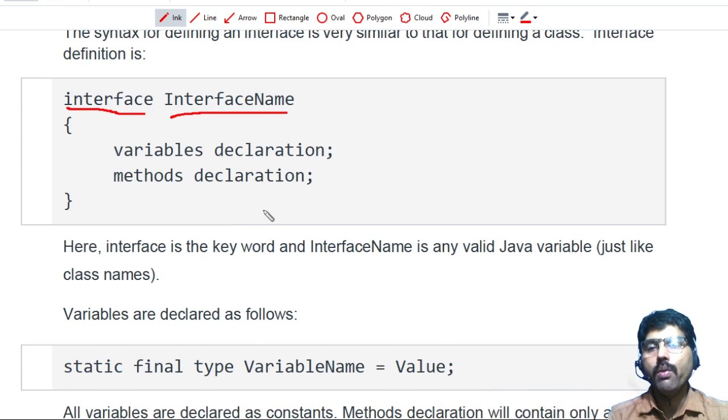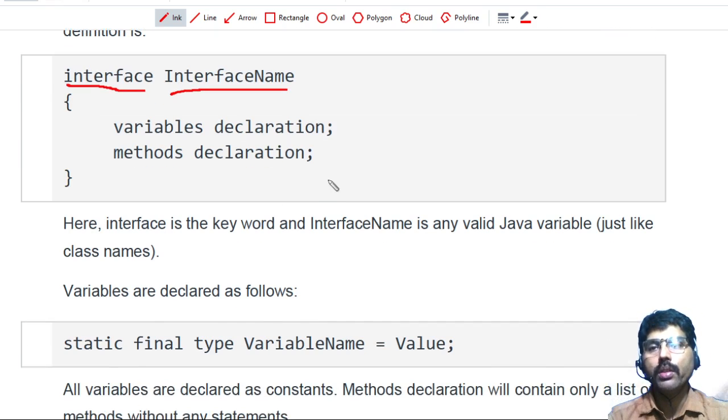Now some points you have to remember here, on how it is different from a class. Whatever variable you declare here is always a constant. Once you create this variable, I cannot change its value, so it is a constant variable.